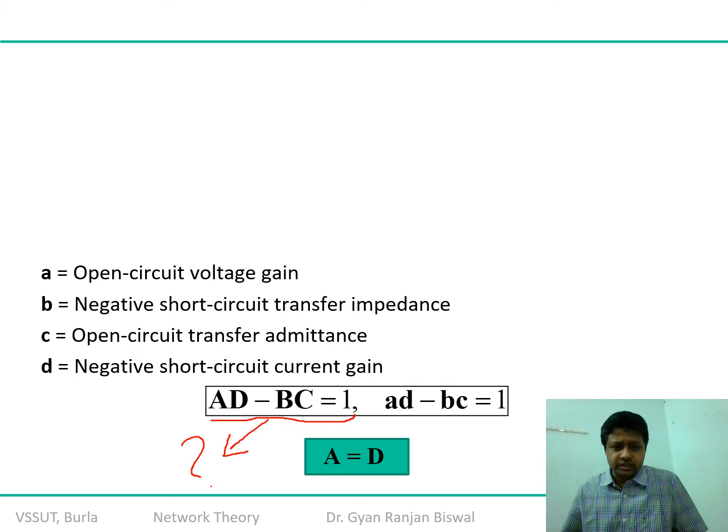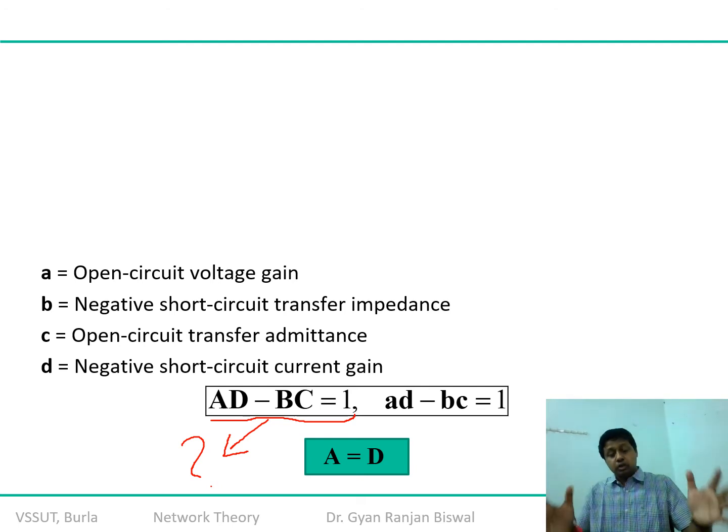One hint I can give you at this stage is that I will give you a dedicated slide on the interconnection or interrelation among all these possible networks in terms of their individual parameters, which is available in any standard book. From there also you can establish a relation. Or there is one easier, simple, straightforward mathematical approach. You know there is a Z relation, you know there is a Y relation, you know how we can correlate A, B, C or D in terms of the Z parameter or the Y parameter, or how you can relate the individual parameters of Y in terms of ABCD parameters or H parameters.